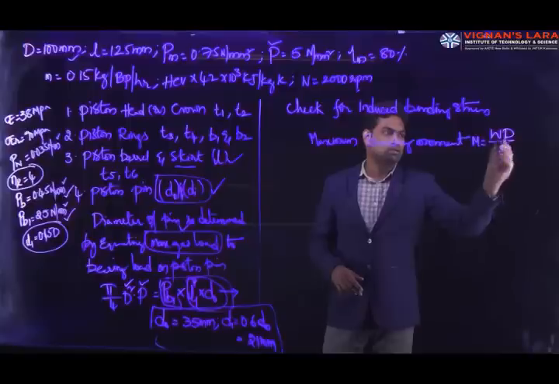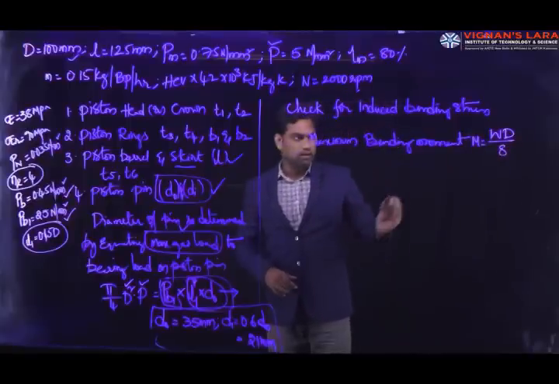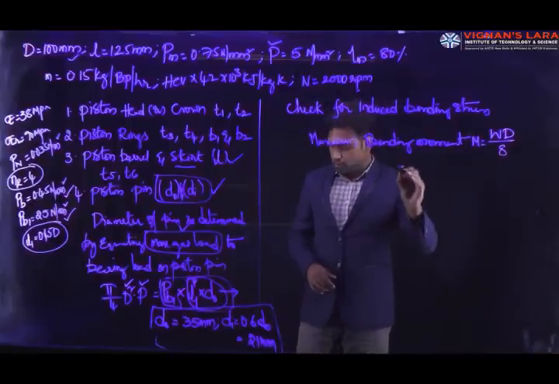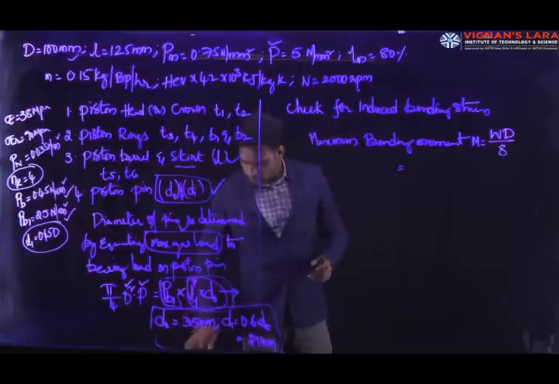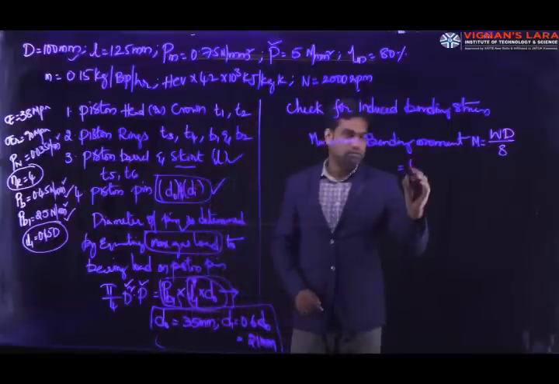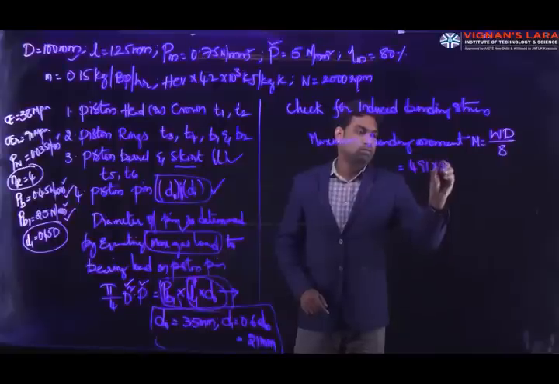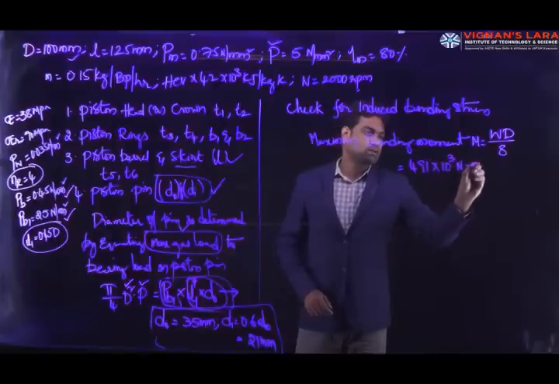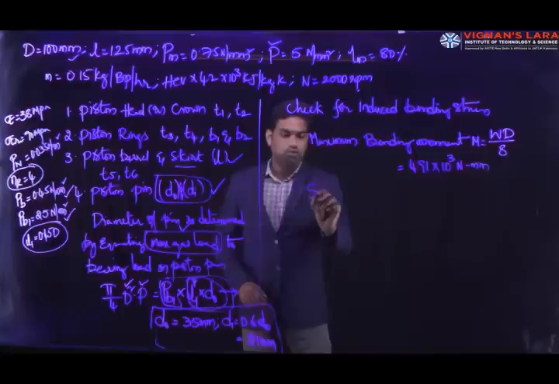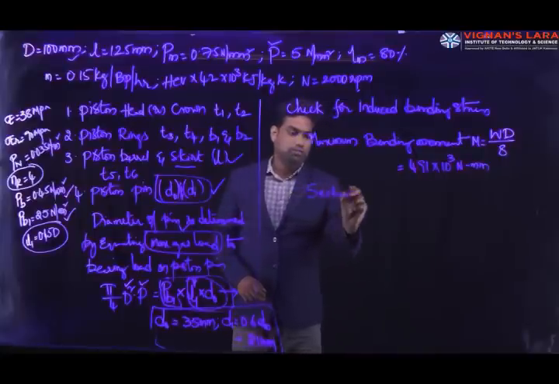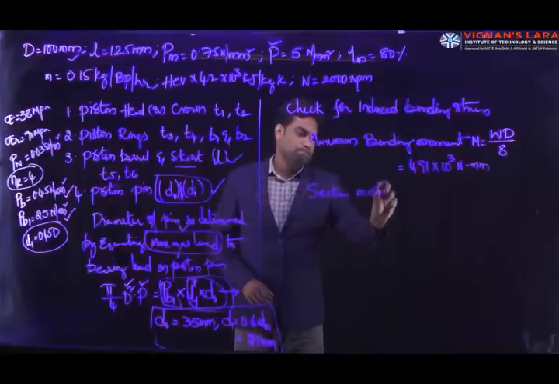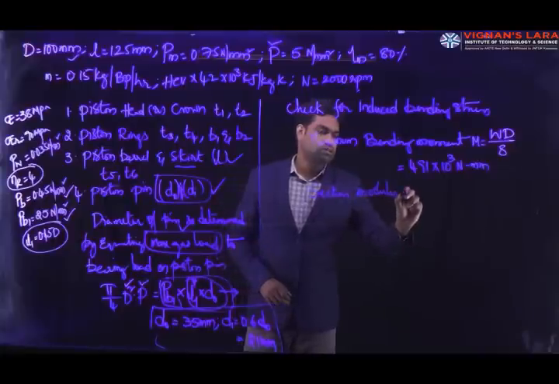So M = W D by 8. By calculating the maximum bending moment, the value you may get is around 491 into 10 cube Newton mm. The section modulus for the pin, which is a circular section,